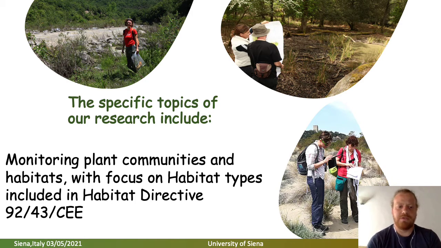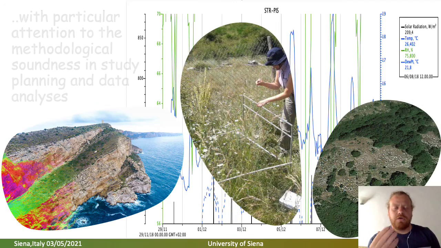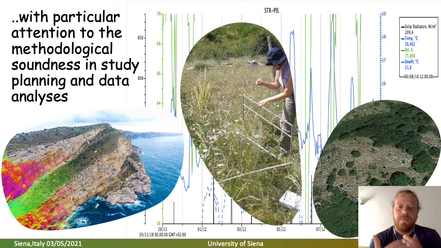are the habitat types included in the Habitats Directive. Our survey protocols pay particular attention to the objective quantification of plant diversity, and moreover, our techniques involve methods that tend to be quantitative both in space and in time in order to monitor the distribution of plant species in the territory, in the landscape, using plots, for example, or the use of GIS to plot such diversity on